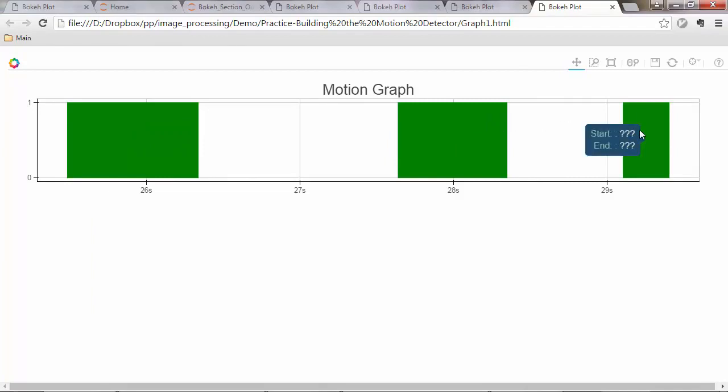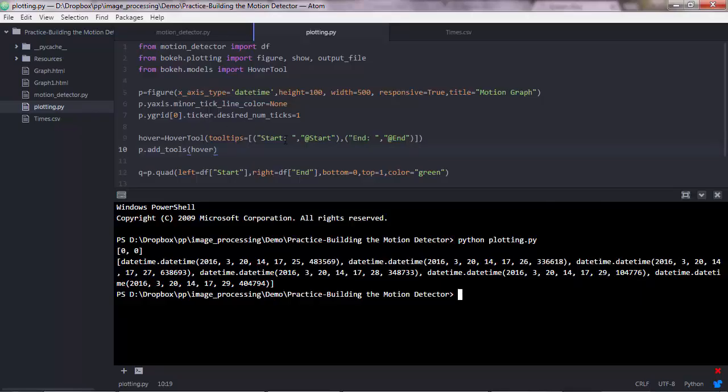So as you see, for some reason Python is having trouble fetching the values of this start and end column. And you also notice that we have two columns for each of these rows here. So the first thing you want to do is remove this column. You don't need this because bokeh is adding it by default. So that's it. And now to solve the other problem, the main problem of the question marks, is by adding the column data source method,